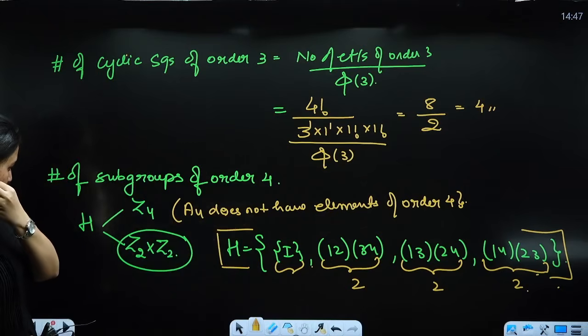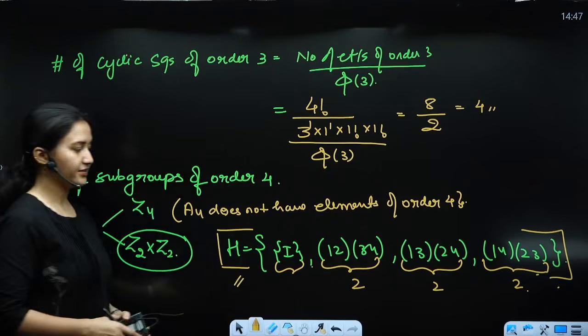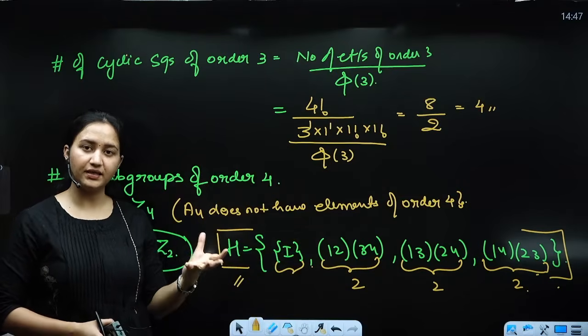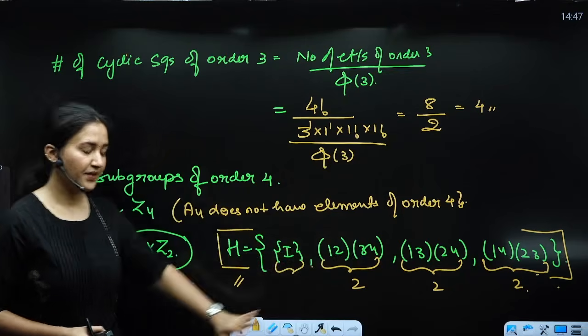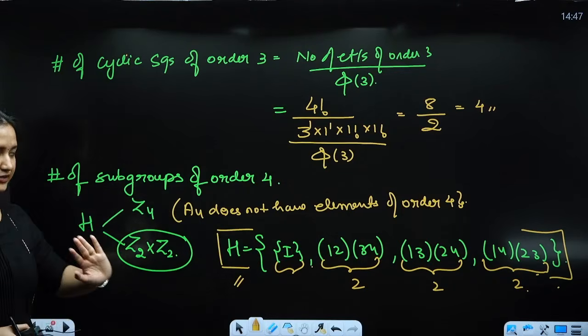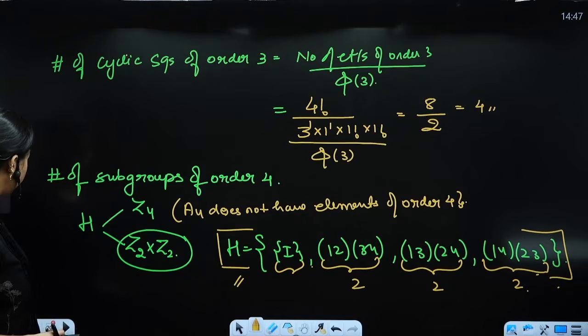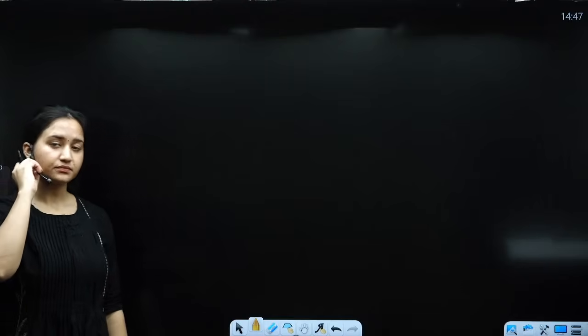Okay, so where were we? So that is why we have a unique subgroup here that is going to have the 3 elements of order 2, and since there are only 3 elements of order 2 inside A4, this is going to be the unique one here, and it is not going to be isomorphic to Z4. Now the most important part on which we have discussed Lagrange's theorem as well. That is what? That is your